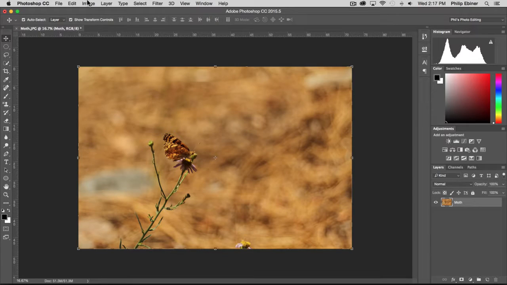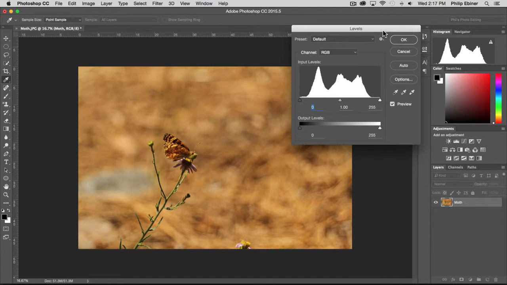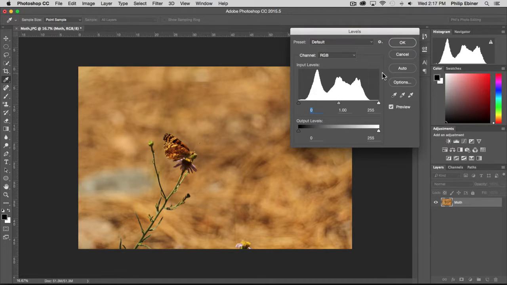I'm going to just click cancel, and then go back to adjustments and levels. Levels is a different type of editing exposure. We have this histogram right here that represents the exposure of our photo. Darks on the left, highlights on the right. We can click these little pentagon shapes right here at the bottom of this graph and slide to the right or left. If we take this one on the left and drag it to the right, it makes the image